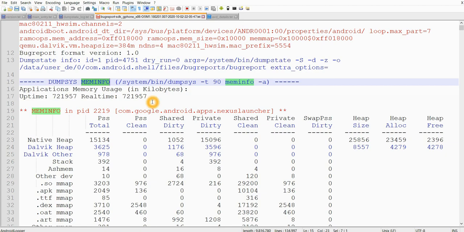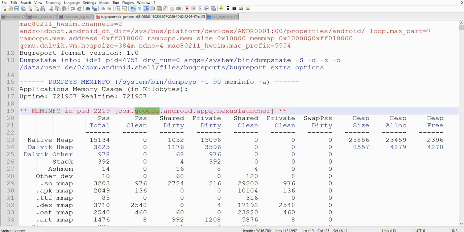I had already done a few tutorials on memory related issues, meminfo. In that, I have already told what is the use of this dumpsys meminfo and what is the meaning of each of these fields. So if we want to take memory information related to a particular process or all the processes, we have to run that command, the adb shell dumpsys meminfo command. Here, if we take a bug report, all this data will be present at once. No need to run any commands.